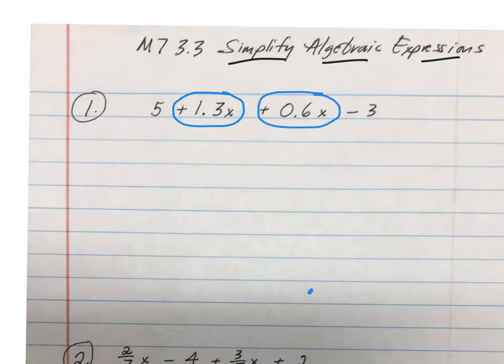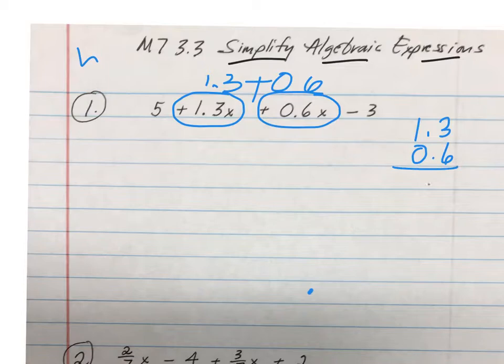Well, that's pretty simple. That's going to be 1.3 plus 0.6. All right, so we're just going to put those together. And when you add decimals, you have to line them up. So I'm going to do it on the side. 1.3 and 0.6. Line up the decimals. That's 9 and 1.9. So that right there is going to be a